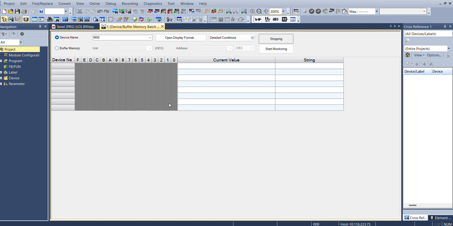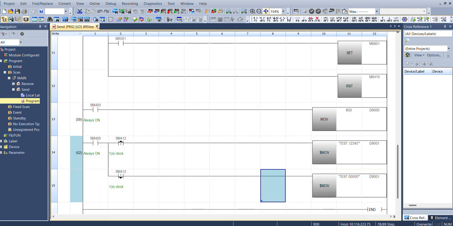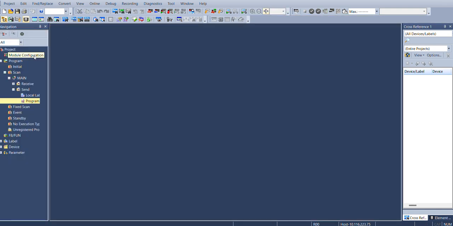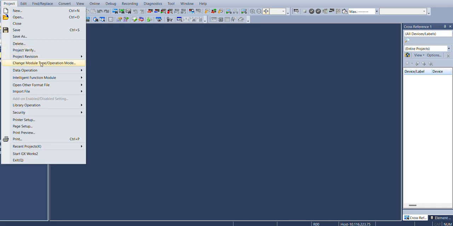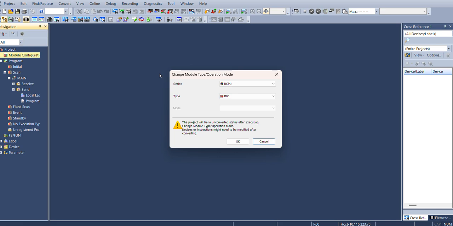For changing the CPU, first of all, close all windows. Now simply click the project files and go to change module types and operations mode. Simply click, and this is your existing CPUs like R CPUs, and these are your types. You can select based on your